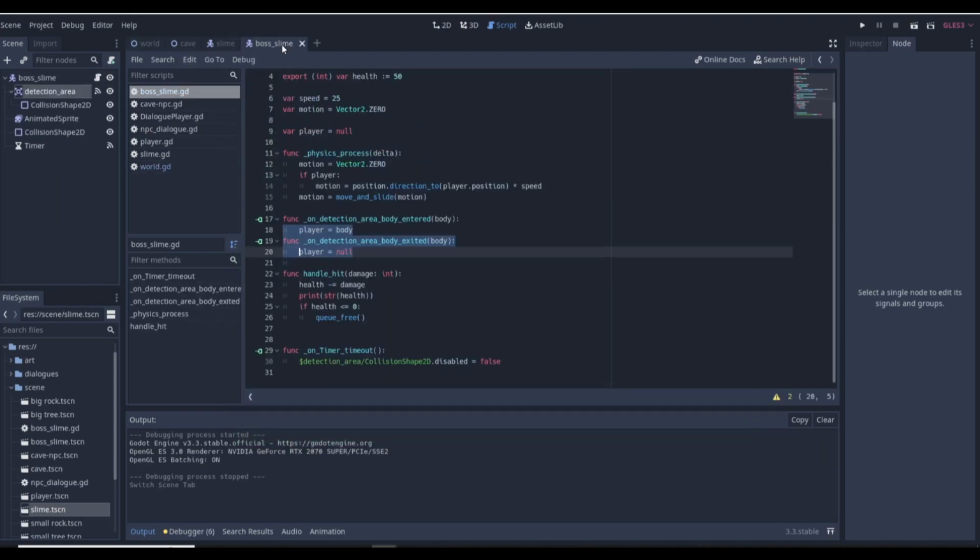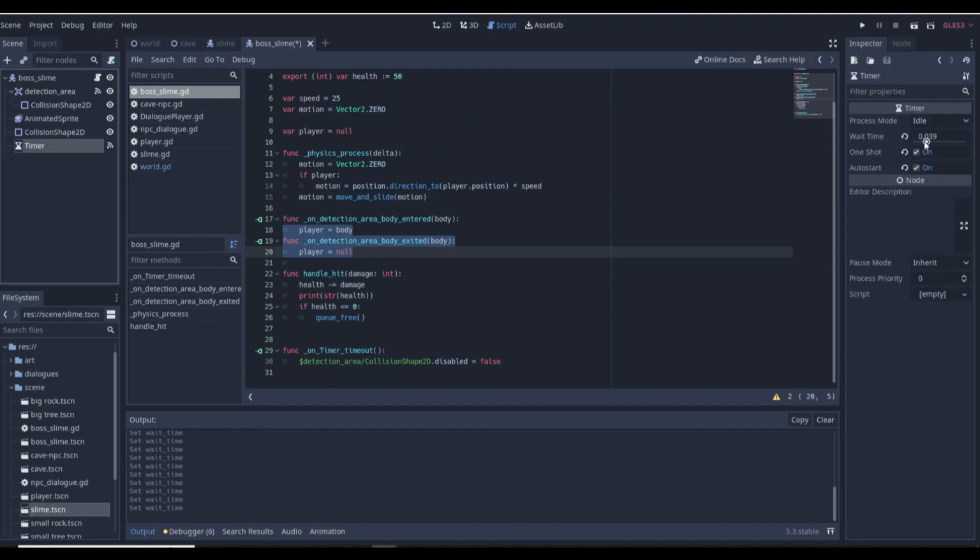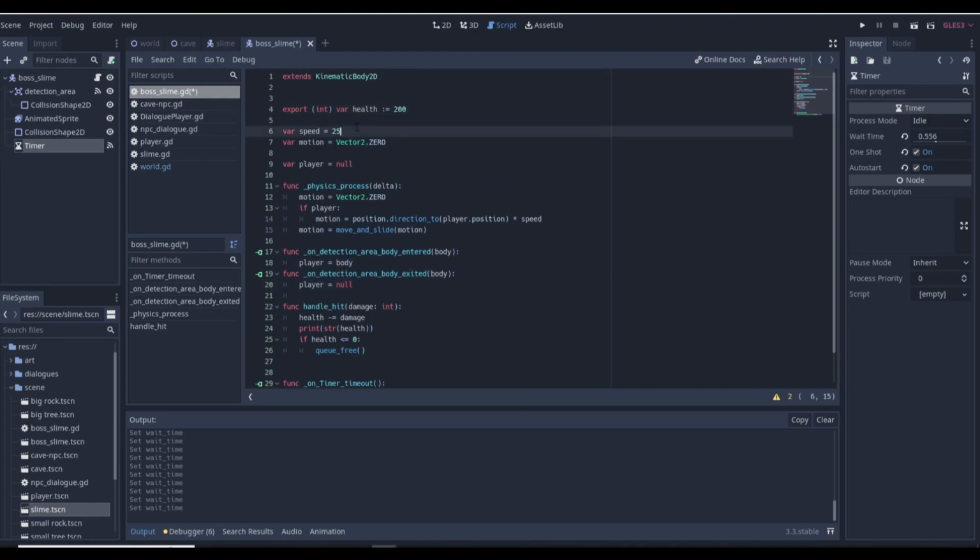Okay, so that's good. I'm just gonna go back over here to our timer, and I'm just gonna lower this time again to 0.5. That's fine. So a boss has more health, so we're gonna change its health up here to 200. A boss, I guess it can be slower, it can be faster. We're gonna make it a little bit slower. And then our boss kinda works, like it has health and everything. If we print health, like we'll just right here,